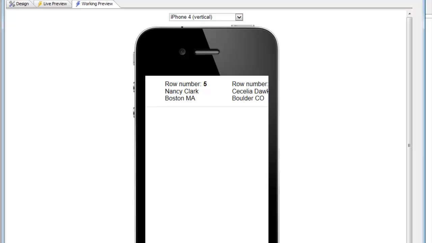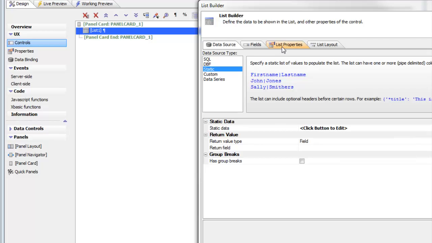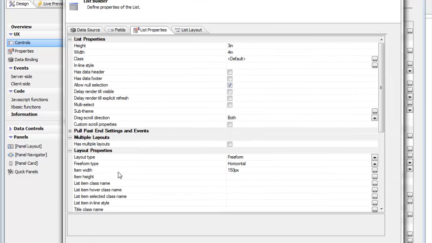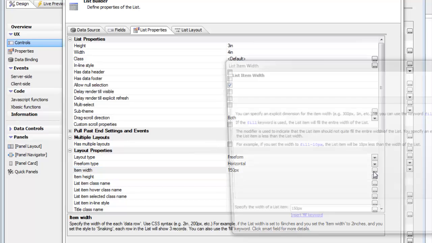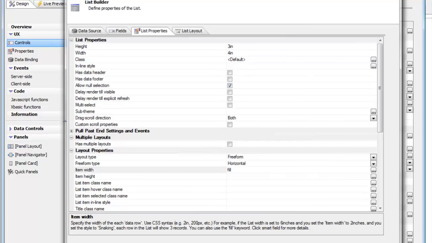But now let's go back and try out the fill setting. So we'll go back now, and instead of 150 pixels here, I'm going to click on the smart field, and you can see that the builder here explains what the keyword fill means, which means it's going to fill the viewport, which is the width of the list. So I'm going to go here and change 150 pixels to fill, and now when I go over and view